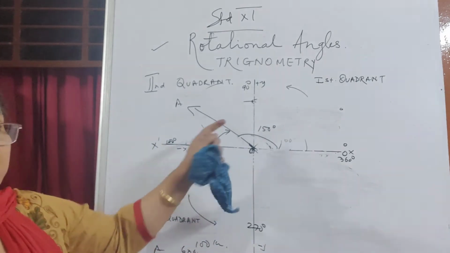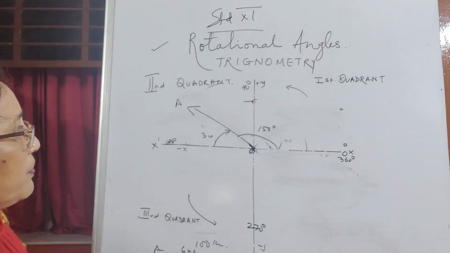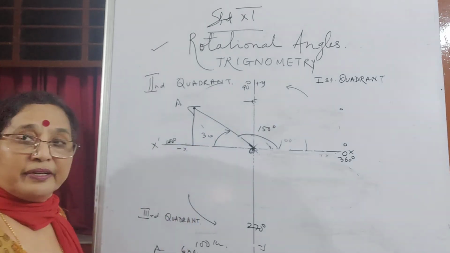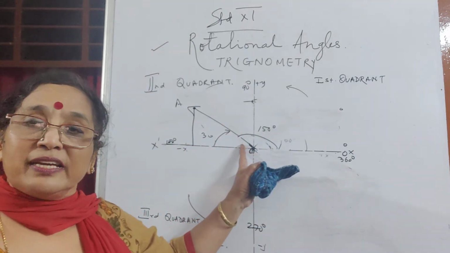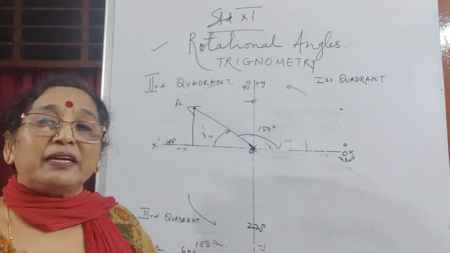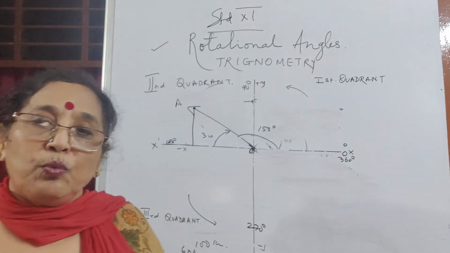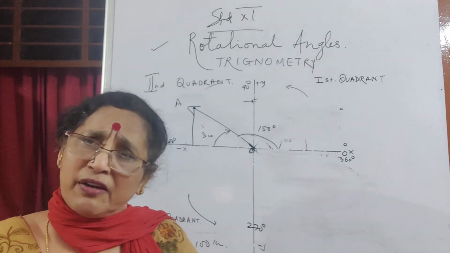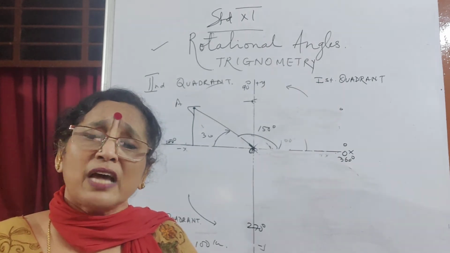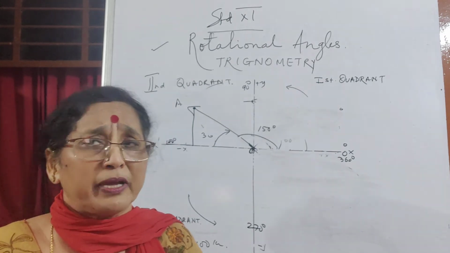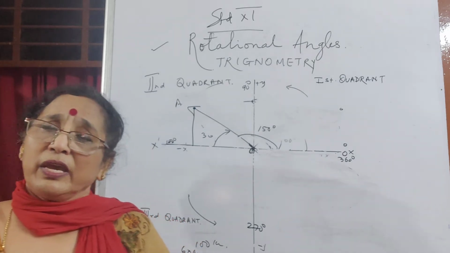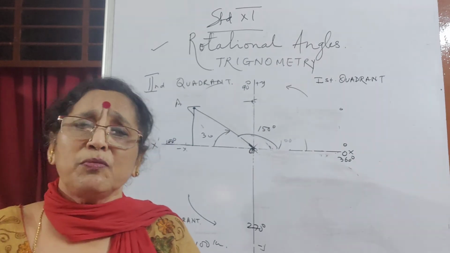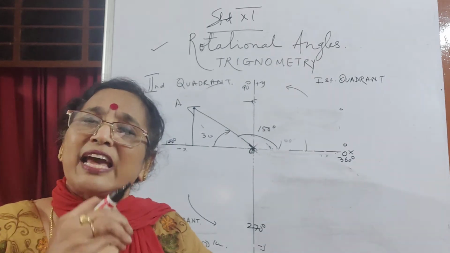So now I talk of sine 30. Then I can make a right angle triangle. This is the end point of A, I drop a perpendicular. So sine 150 is the same as sine 30, but will sine 150 be minus half or plus half? Sine 30 is half, and sine 150 will be either half or minus half. Similarly, cos 30 is root 3 by 2. Therefore cos 150 will be either plus root 3 by 2 or minus root 3 by 2. We'll see now. Only the sign will be different.